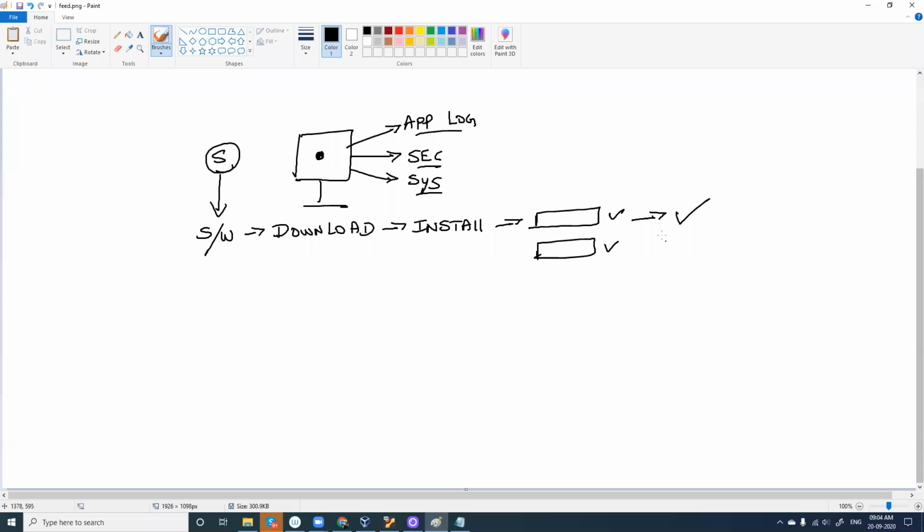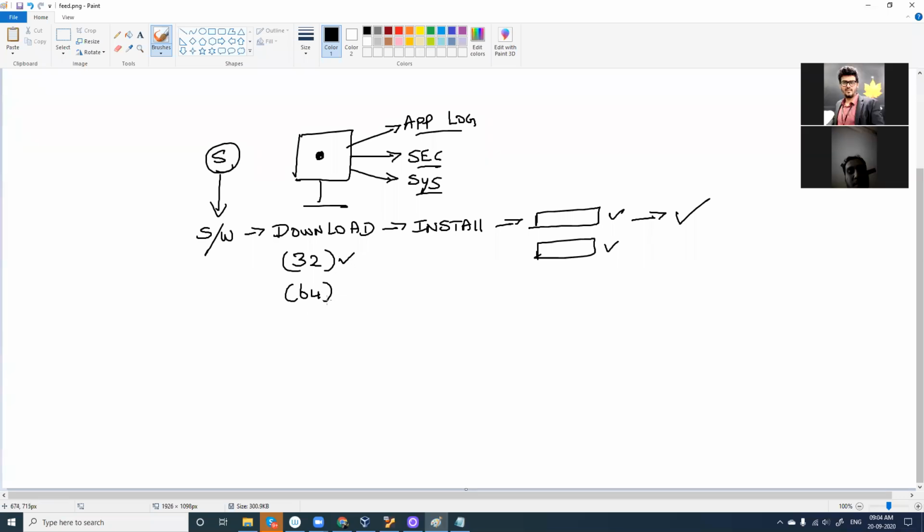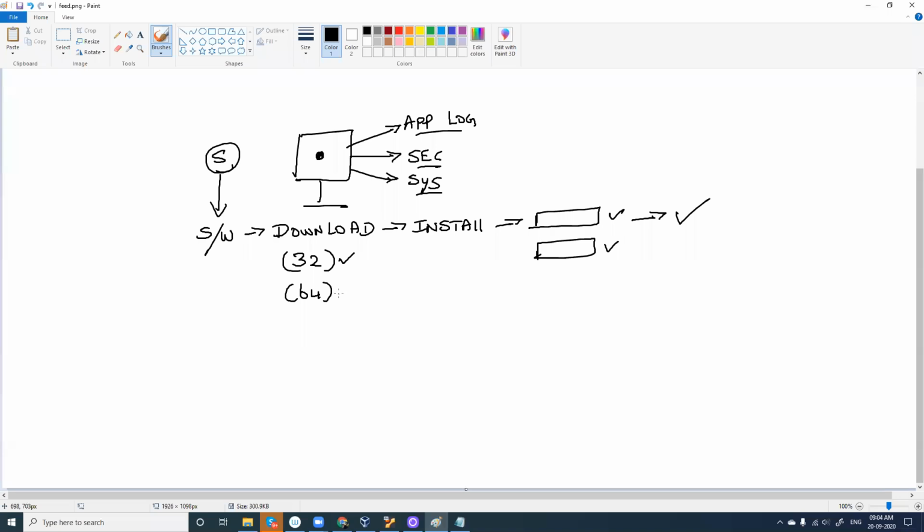You have to note this down: we have specific versions for 32 bits and for 64 bits. If your computer is 32-bit, download the 32-bit version and install that. In case it is 64-bit, then download 64 and install that. We have different versions of Splunk, which are already uploaded in the drive. After installing, you'll have an icon called launch.